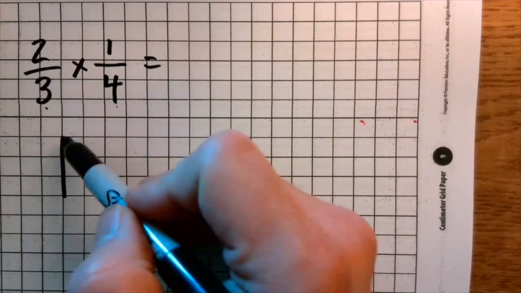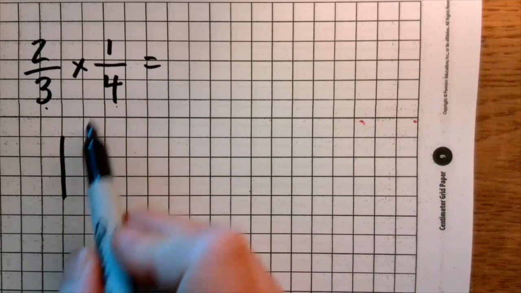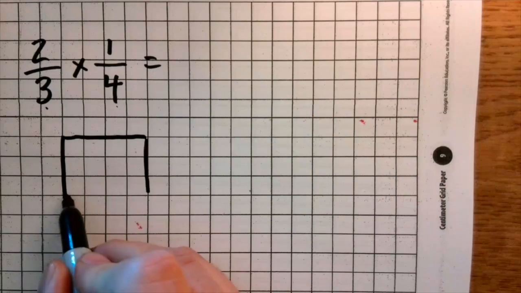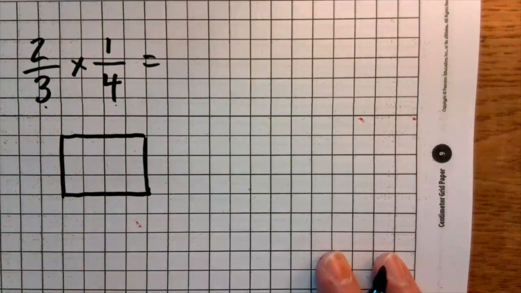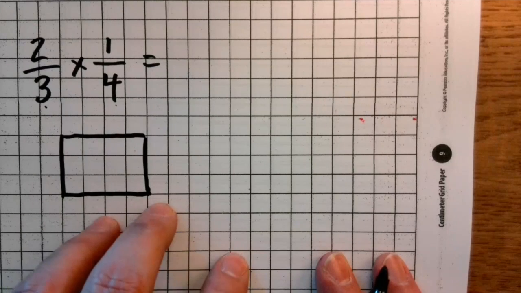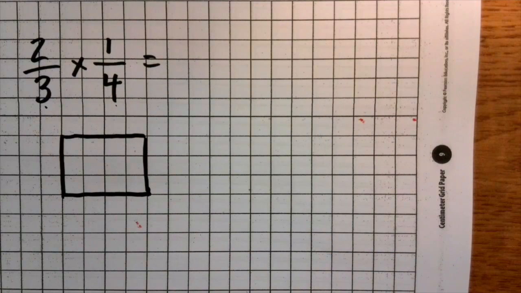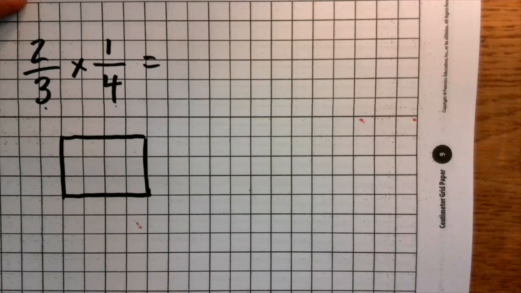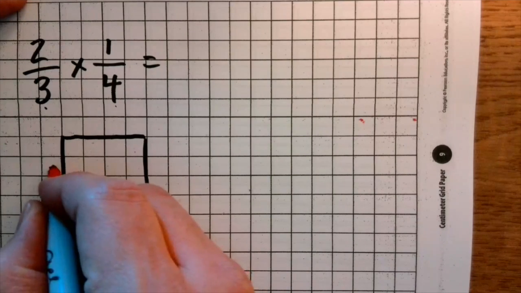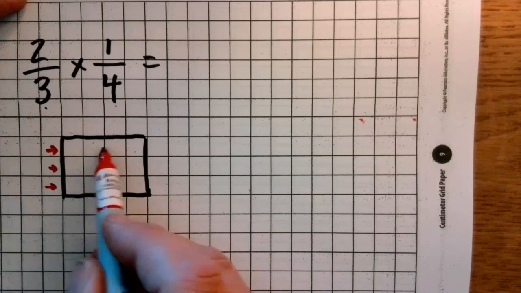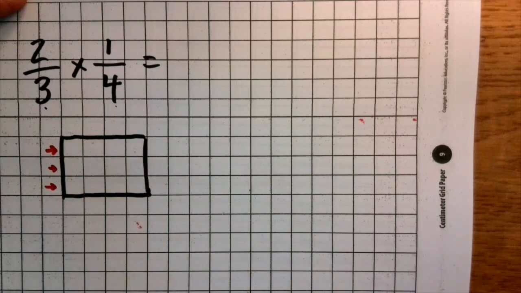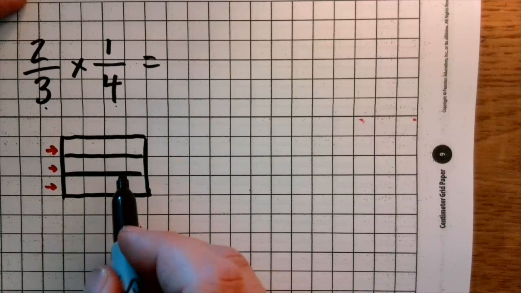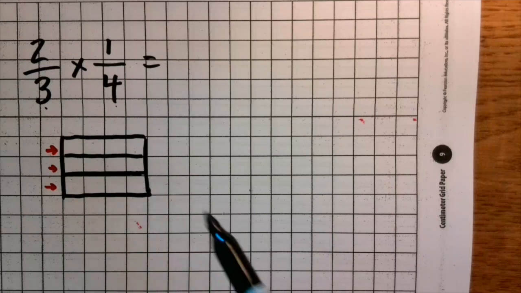So they take the denominator 3 here, and they go down 3 boxes, and they're going to make a 3 by 4, 1, 2, 3, 4. They're going to make a 3 by 4 rectangle, and going to show thirds and fourths in this rectangle. And I know it seems kind of crazy, but I promise it works, and the students have been showing success with it. But anyways, let's look at our rows over here. Our rows are showing 1, 2, 3 rows. And if I break it up like this, if I break it up like that, it's showing a picture of